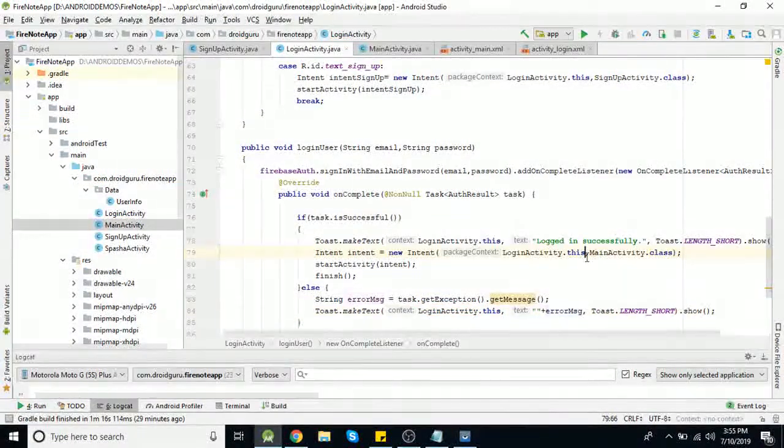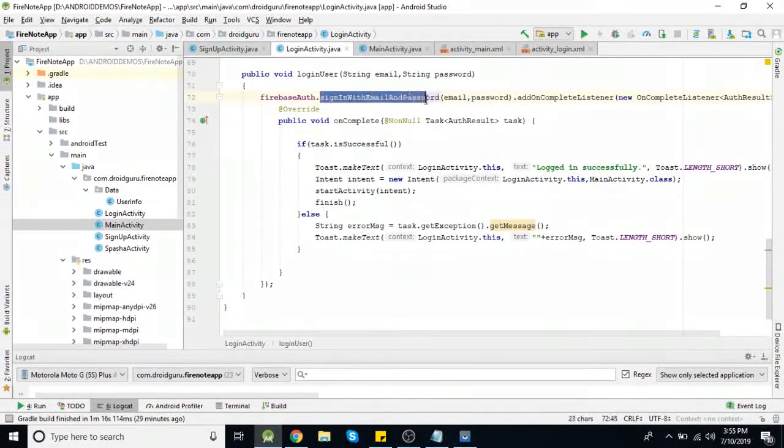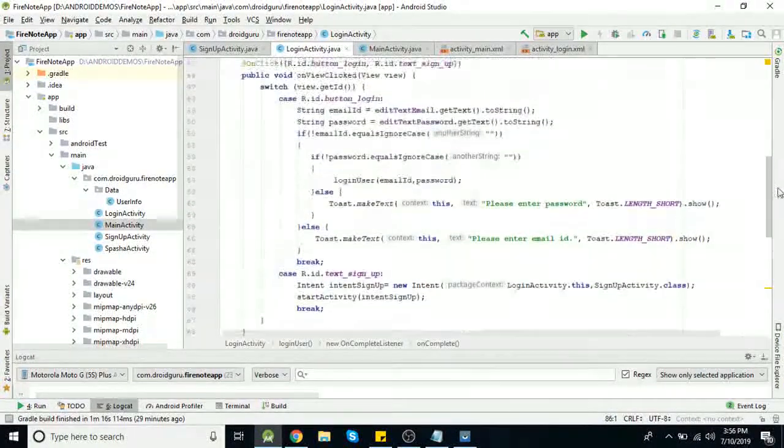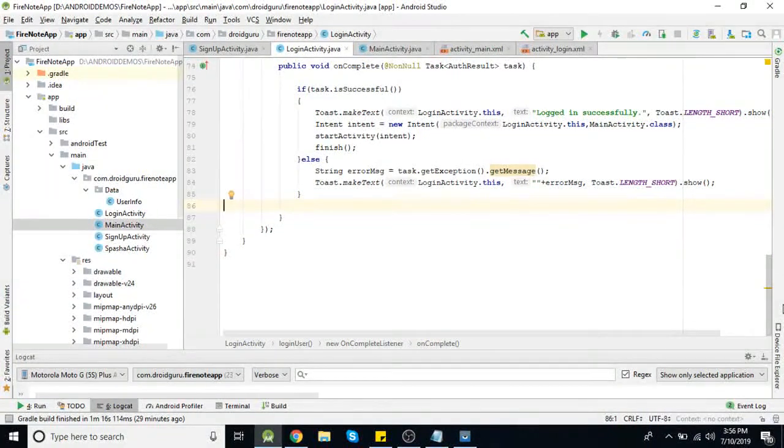So for the login process we need to use this method, FirebaseAuth.signInWithEmailAndPassword. Now let's check our application. Okay.